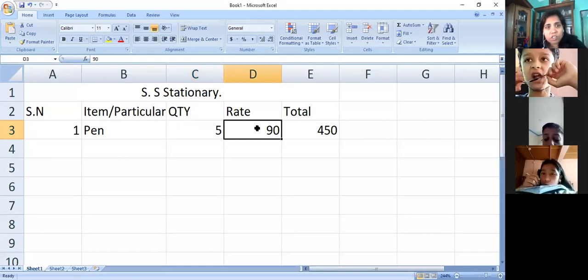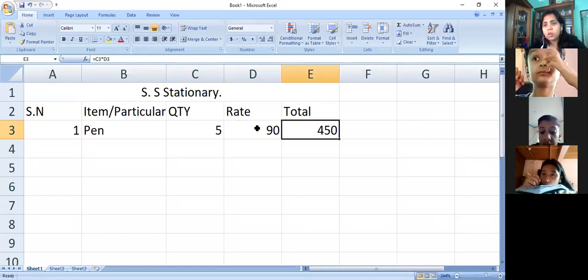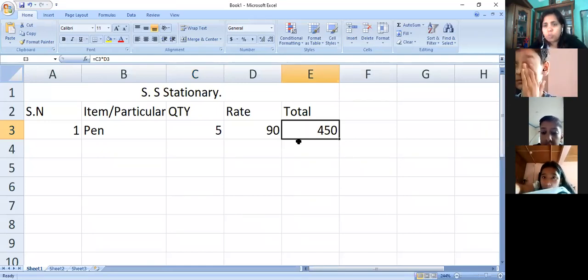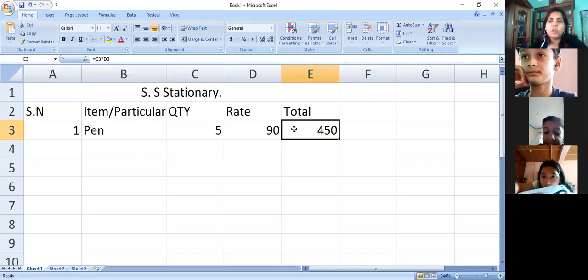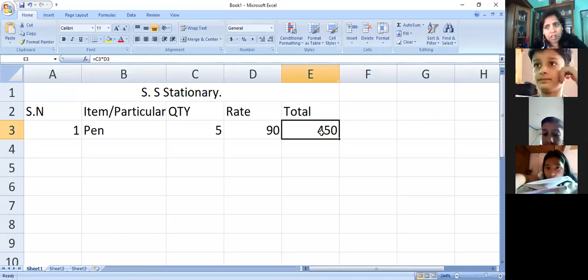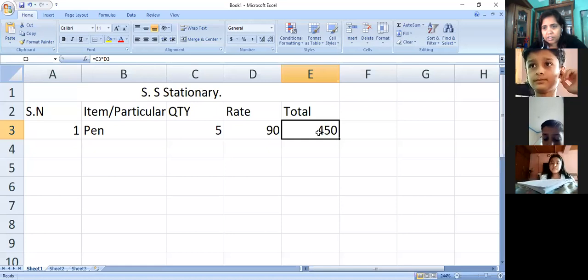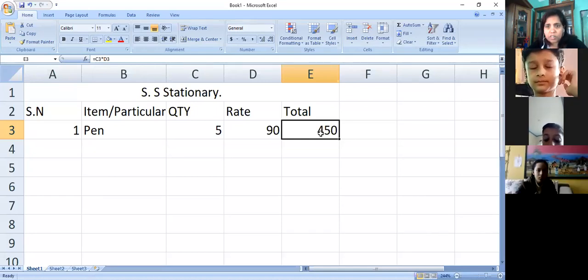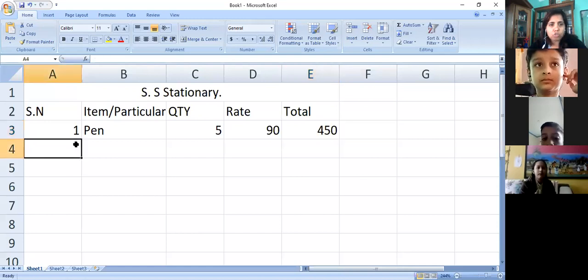So we can see a constant value in the formula bar. But when we go to the dependent value, we can see the formula in the formula bar instead of the value. Correct? In this way, we can identify constant value and dependent value in Excel. Are you getting it? Okay, this is a dependent value. That's why we can see its formula at the formula bar.